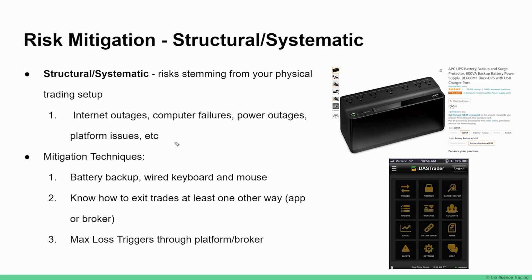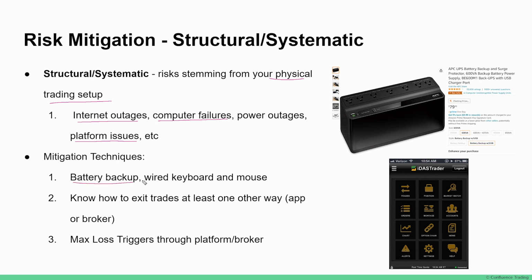Okay, so that brings us to our third major risk type, which is structural or systematic risk. This one is pretty quick, pretty straightforward, but it is anything that is related to your physical trading setup. So these are things like internet outages, what happens if your computer dies mid-trade, what happens if your platform breaks down or has issues. And the easiest way to mitigate these is first, with the actual structure of your system,